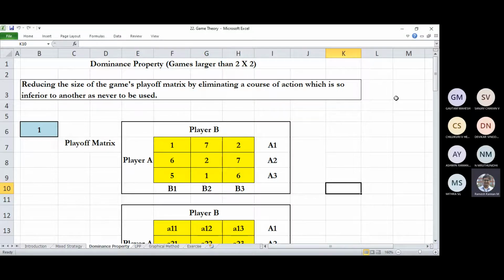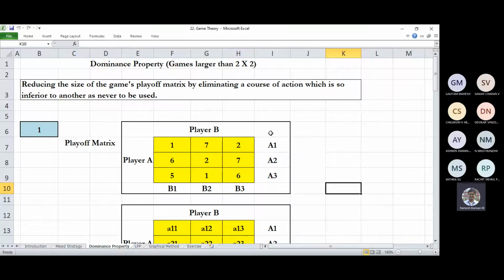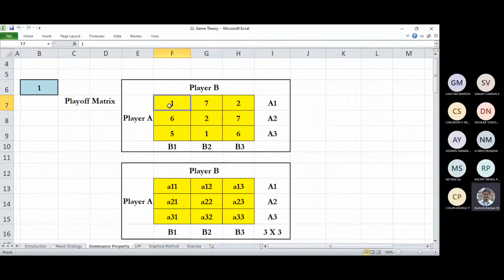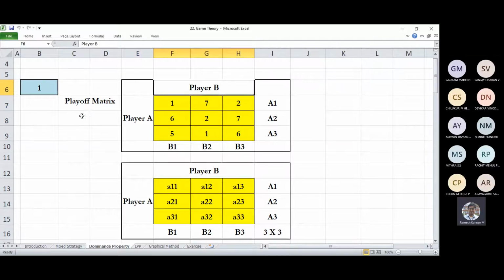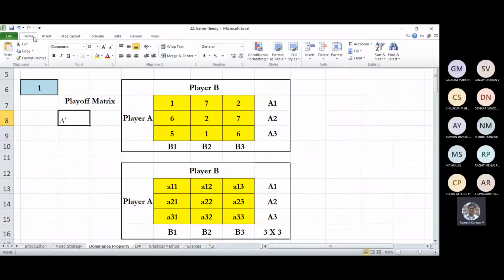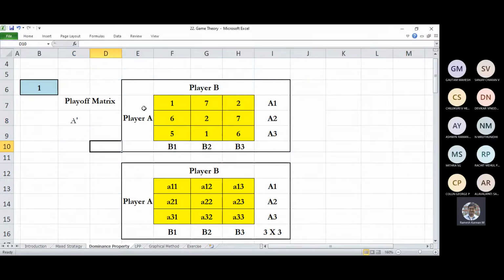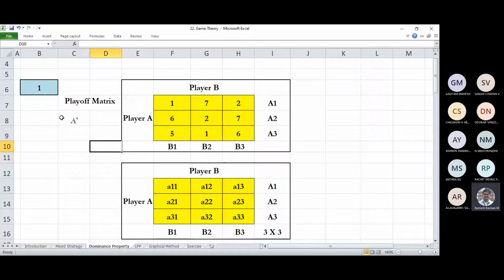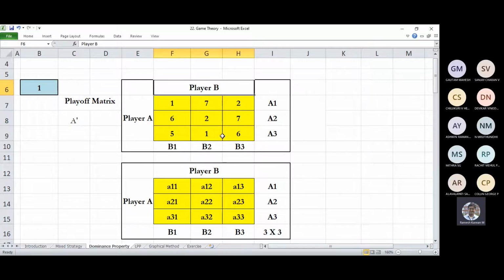So that's the basic objective of this dominance property, right? A quick recap. This is a problem which we dealt with in the previous class. We have player A and player B. This is the payoff matrix for player A. Remember, this is for player A. The reason we say it's player A is that we will be looking at the advantage of player A over player B. If you want to look at player B's strategy, it's just the reverse of this, so all these things will become negative.